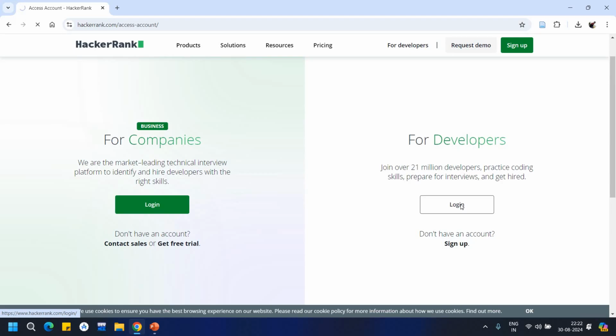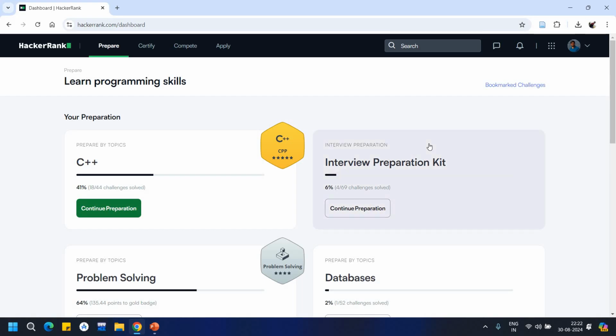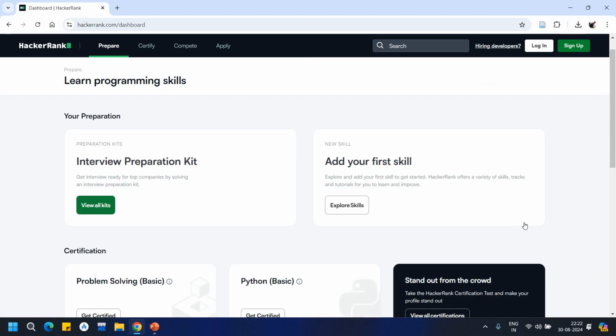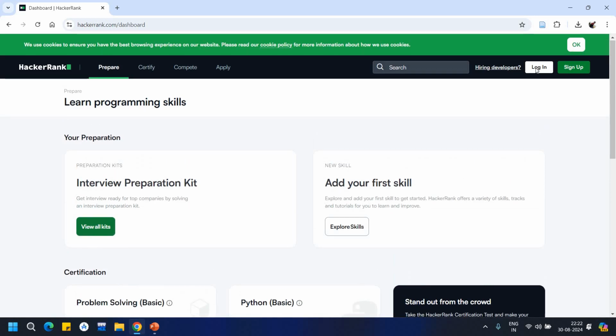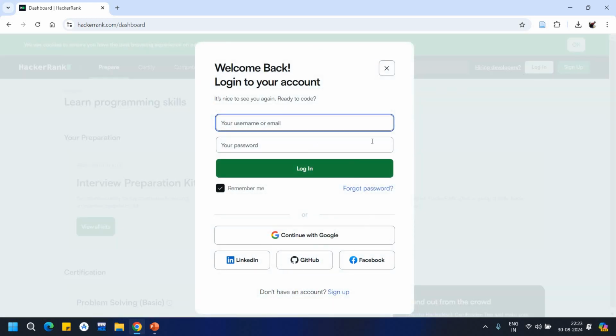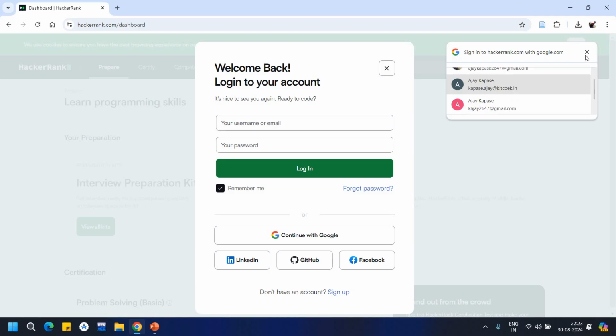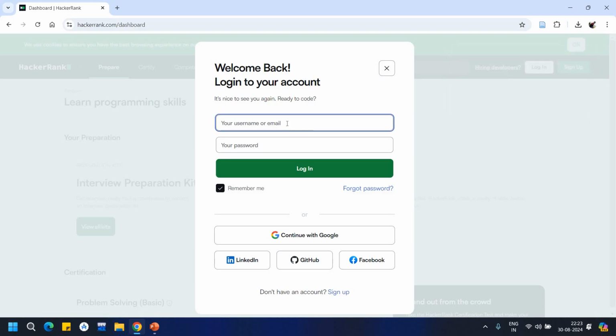So as soon as you click on the login, you will get logged in. Let me log out first and show it again. So I'll just log out first and click on login. And as you can see, as I click on login, it will allow you to log in through the email